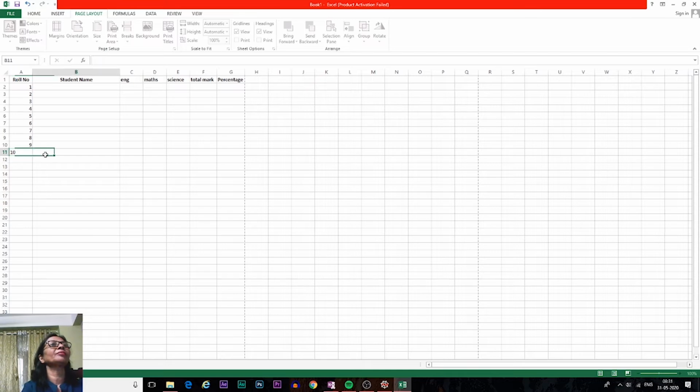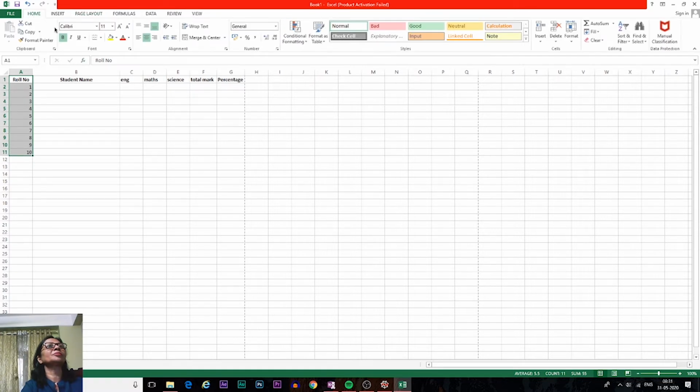So today we will do it with only 10 roll numbers. Now again, if we want to bring all the values to the center, then click on the Home option and click on Center. All will come to the center position.